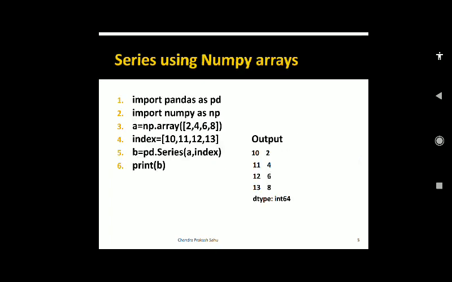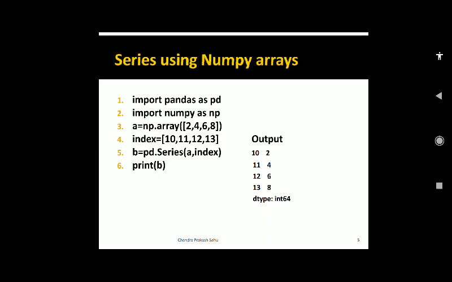Series using numpy arrays. Numpy arrays can also be used, which have different functionalities in comparison to lists, so they may be useful here. To use the numpy array you will have to use the numpy module. In this 6-line program, first the pandas library is included, second the numpy module is included and given the name np.